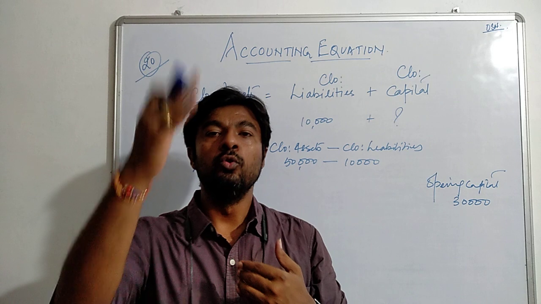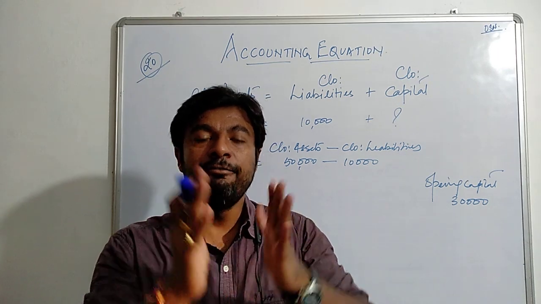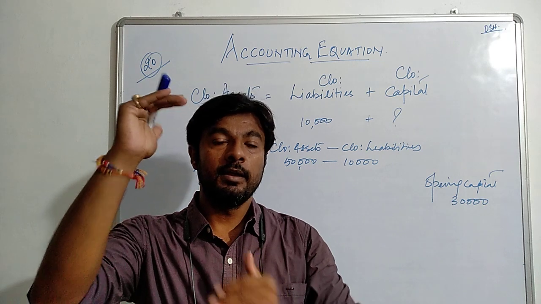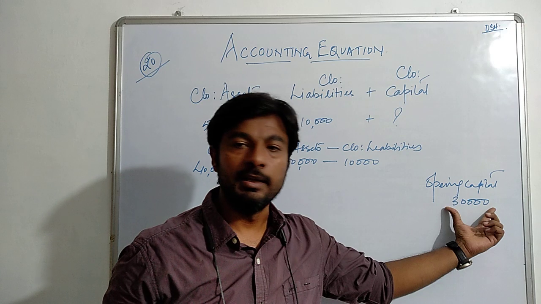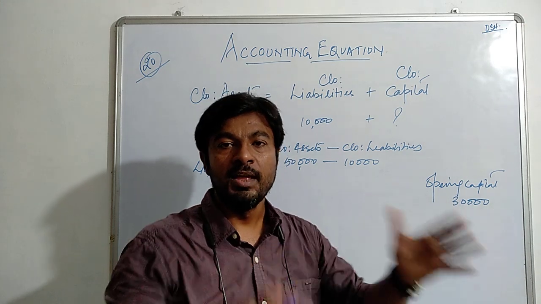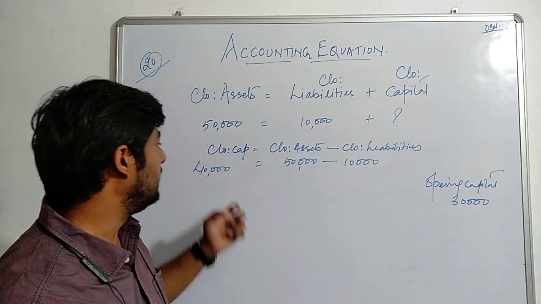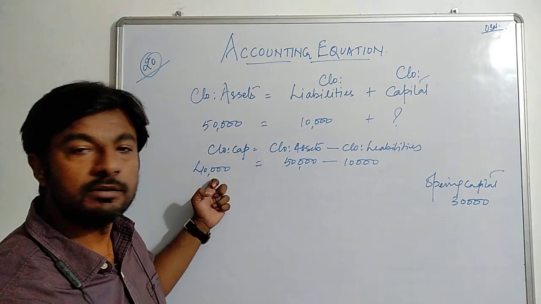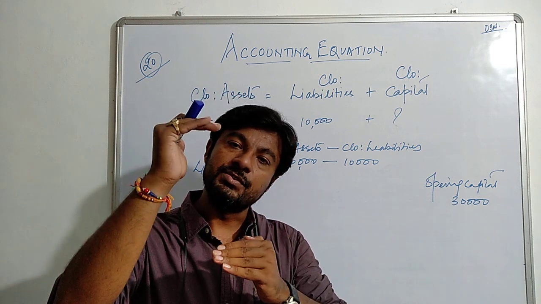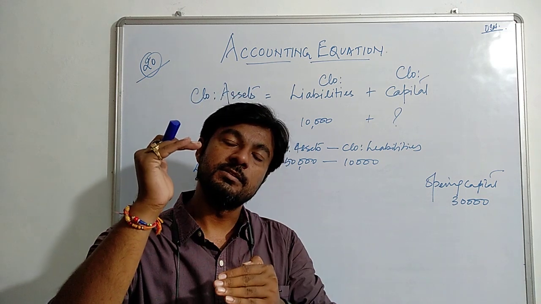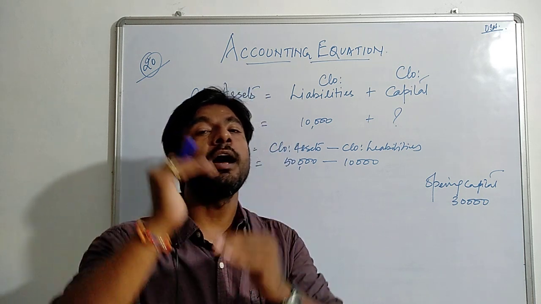Now, who am I? I am the owner. Who are you? You are the business. Now listen. If at the time of opening, at the time of starting of the year, my capital is 30, this is the opening capital, right? And after the year, at the very end of the year, my capital is 40. How is my capital increased? What are the reasons? How is the owner's capital going to increase?